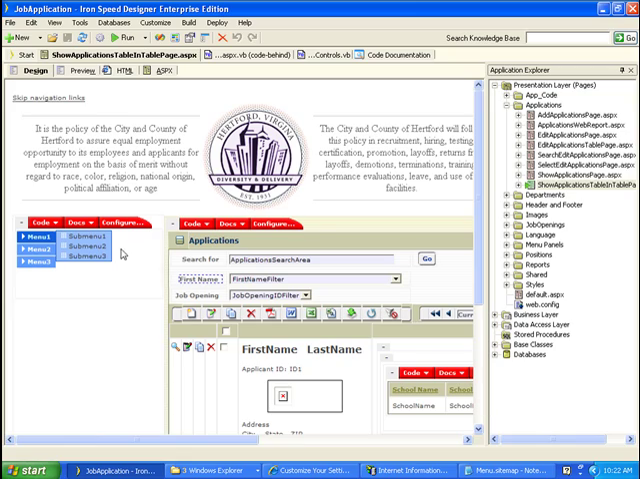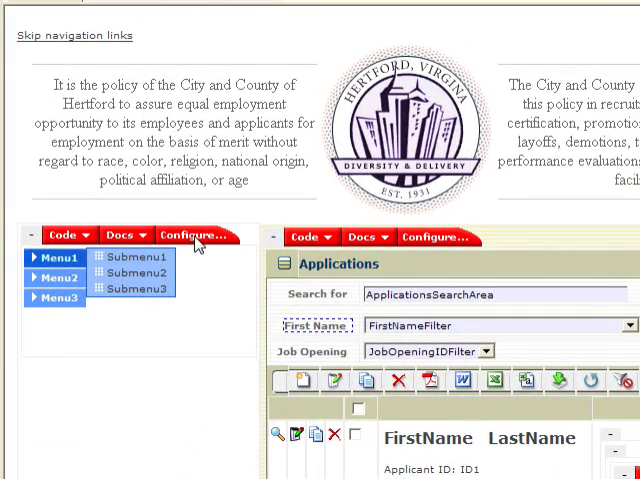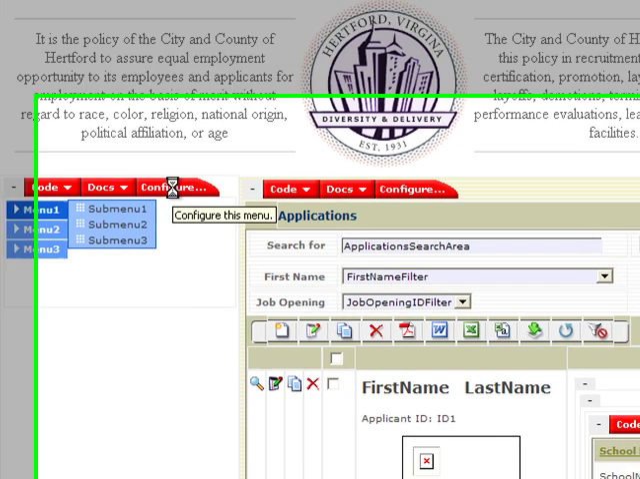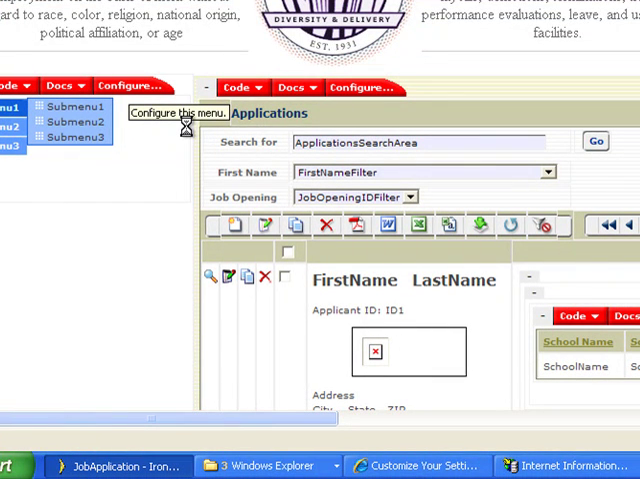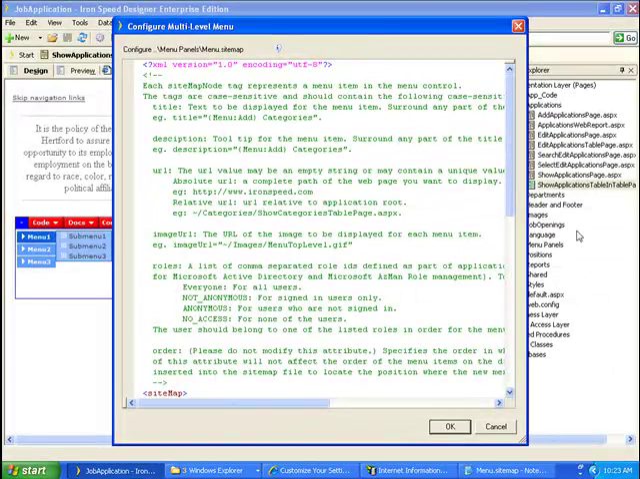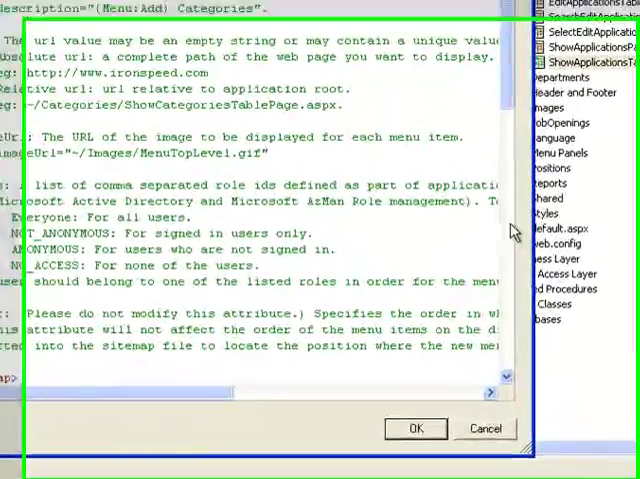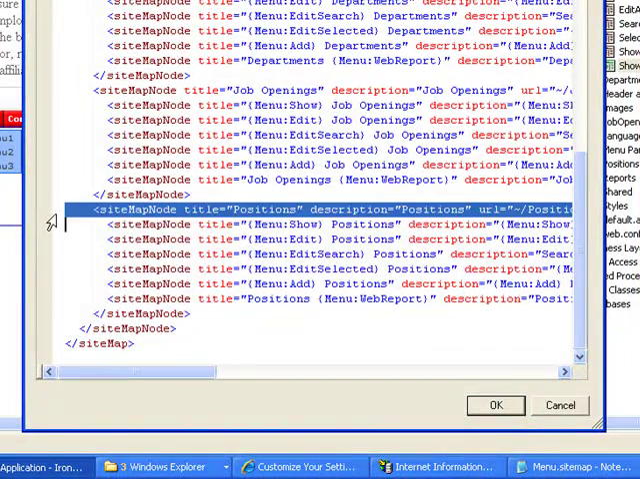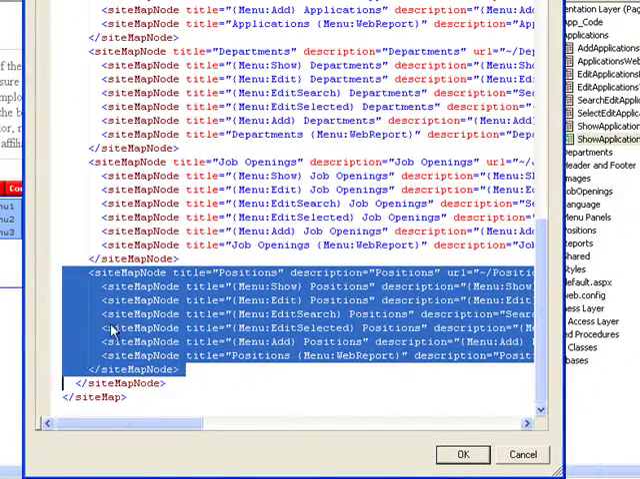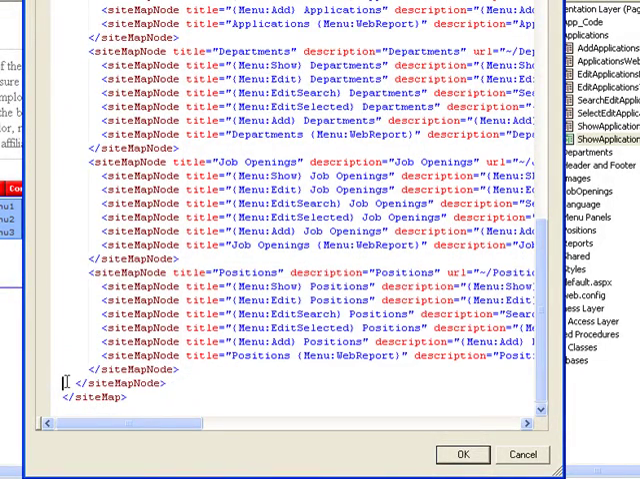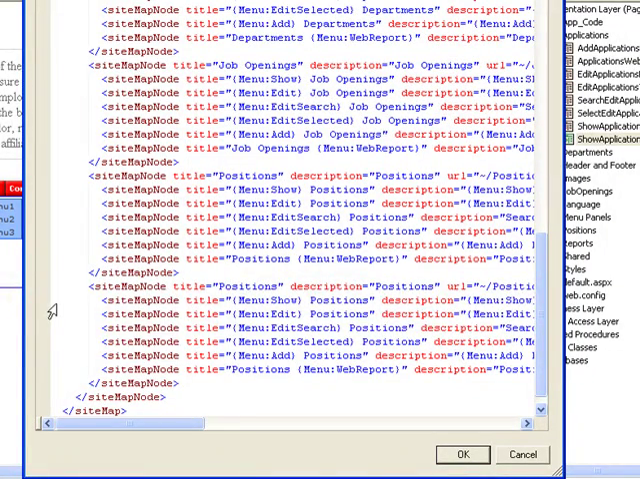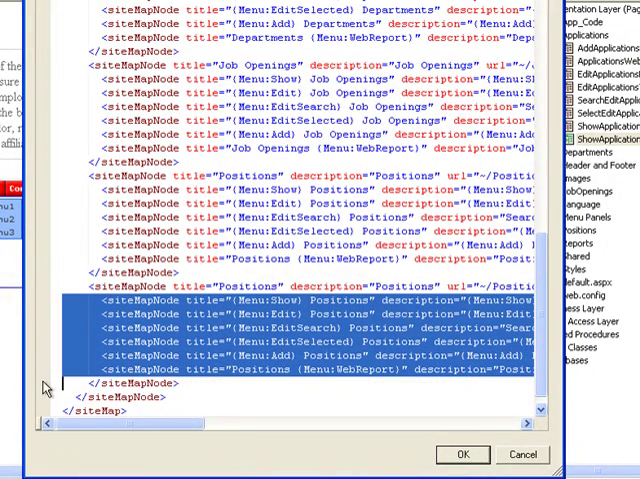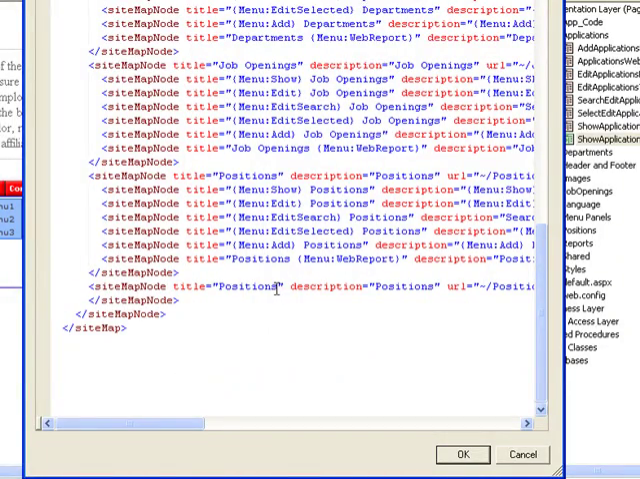The last thing we have to do is go back into our IronSpeed Designer application and configure the menu so that we can link to our Logical CMS application. Again, we'll scroll to the bottom and we'll make a copy of a sitemap node. And we'll paste it directly after. We'll get rid of these submenus, which we don't need, and we will change the title to